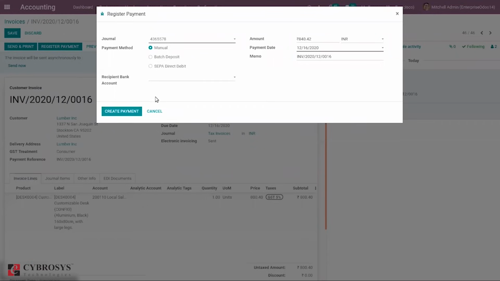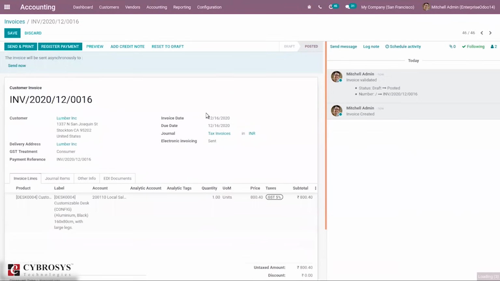When a customer makes the payment, you can register that, so the payment is created.